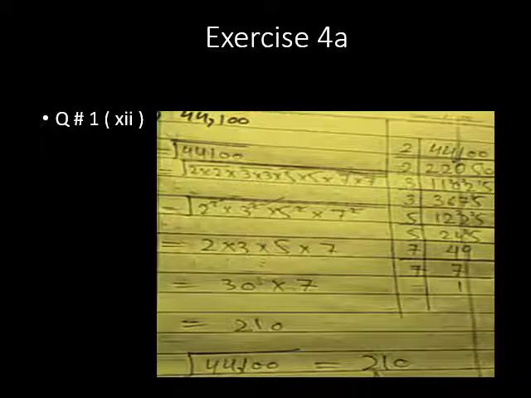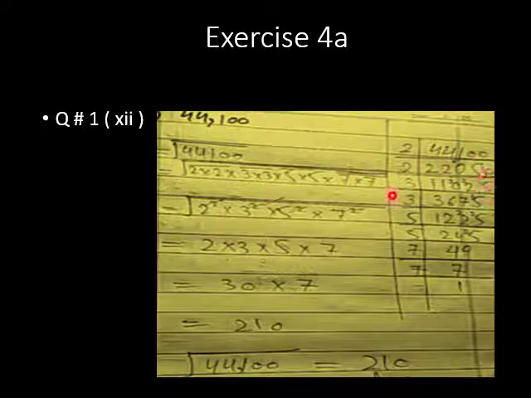Then we will see here 4900. First we will find its factors. 2 2s are 4, 2 2s are 4. Here we have the two digits 0 and 0, so we will write 0. Then 2 5s are 10, and 0 is written as it is. 2 1s are 2, 2 1s are 2, 0 will be written as it is. 2 2s are 4, 1 is left.